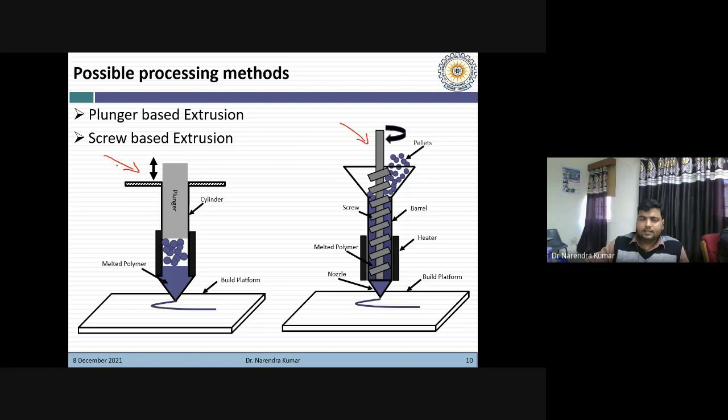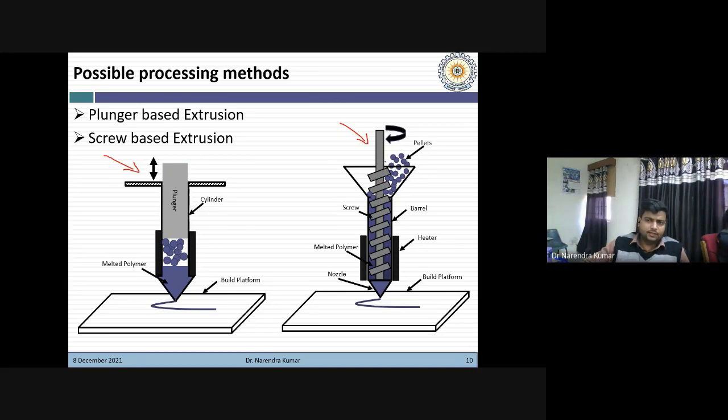In the very first slides, I discussed the working principle of the AAA process, where we had a plunger based extrusion mechanism, but in an indirect manner, because the filament was acting as the plunger itself. There was no direct plunger. But here, if you want to process the pellet form of the material, then we need to go for a direct plunger based mechanism or the screw based mechanism.